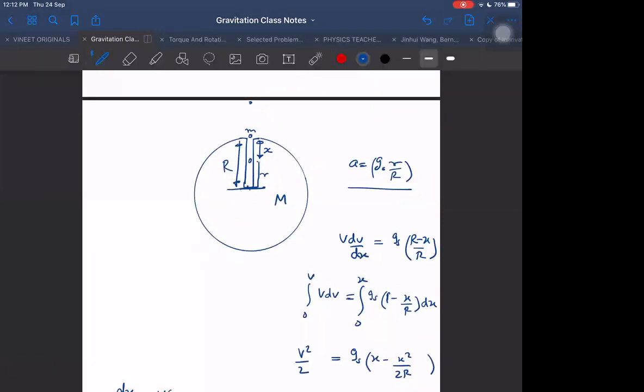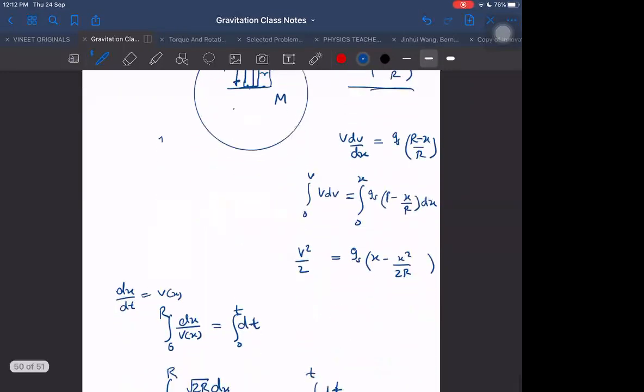If it collides with the ground, will it reach the same height again? If the collision is perfectly elastic, it will reach the same height, and the time taken in the upward journey will be the same. But if it is not perfectly elastic, the time taken will be less. If it comes back with e into v, the velocity decreases, so the time also decreases. We integrate from e v to 0, and write the same formula for acceleration, but this time going upwards, in the negative sign direction.